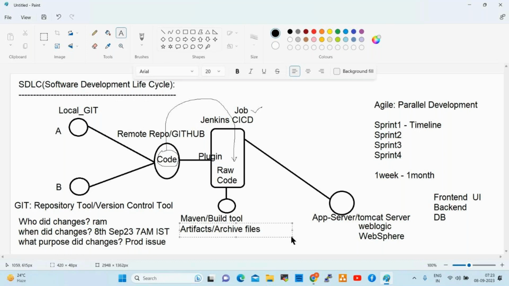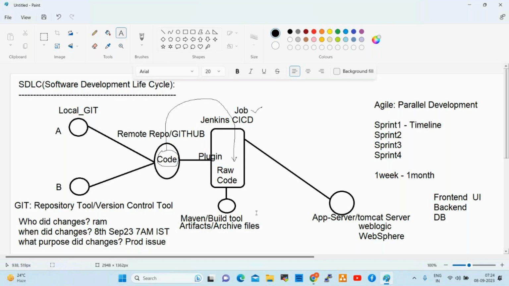Whatever raw code is pulled by Jenkins from GitHub, that raw code will be given to Maven. Maven will generate one archive file, one artifact as a single file, right? It could be a binary file, zip file, tar file, war file, jar file, whatever file, based on the application.